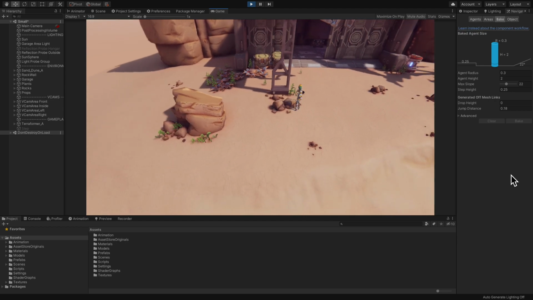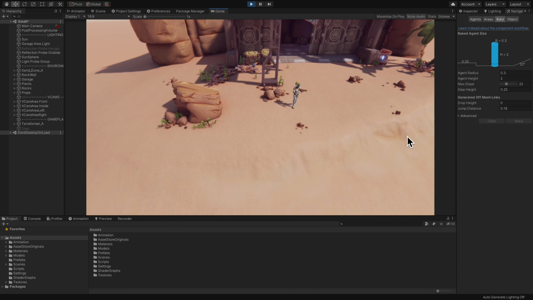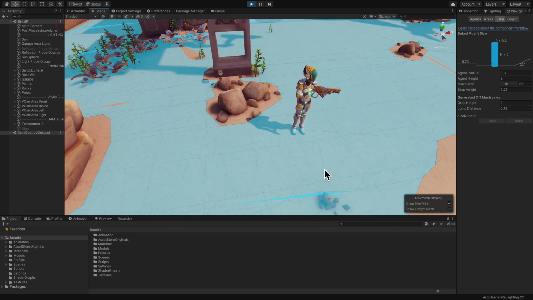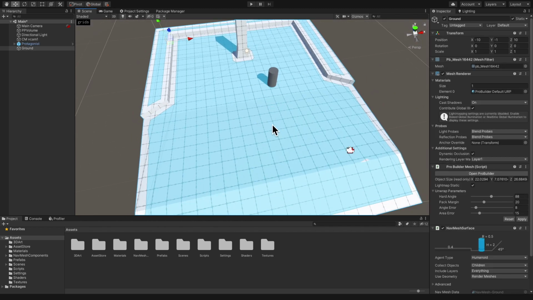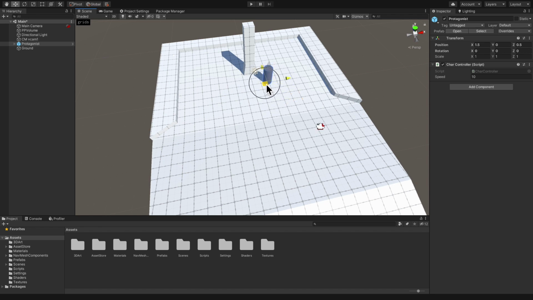Hey everyone, I wanted to share a quick tip with you on how to create a very simple character controller without using physics by leveraging the Unity Nav Mesh. Normally, with the Nav Mesh, we have a situation like this, and what you would do is you would use the Nav Mesh agent to say, for example, determine that I want to move here, and then the Nav Mesh agent automatically finds its path and moves to the position.